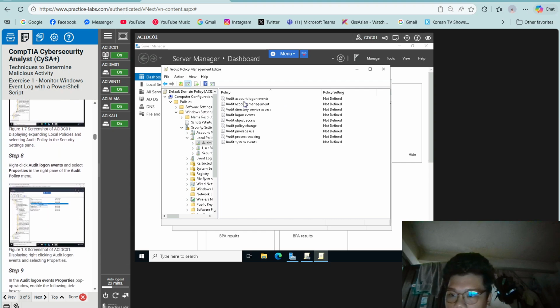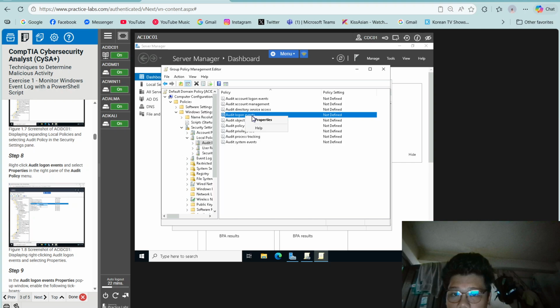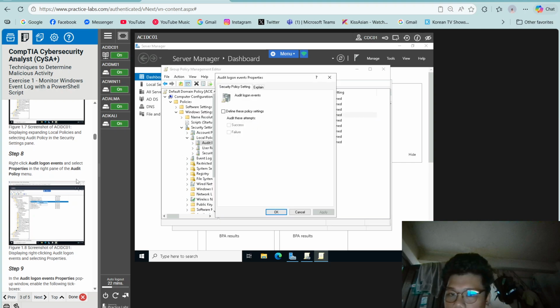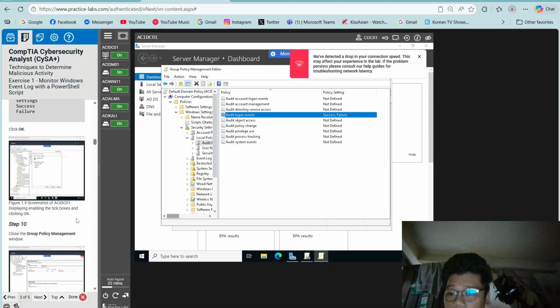Right-click Audit Logon Events, and then select Properties. Then in the audit logon events properties pop-up window, enable the following, tick the boxes. Define these policy settings, success and failure. Then click OK. Close the Group Policy Management Editor.